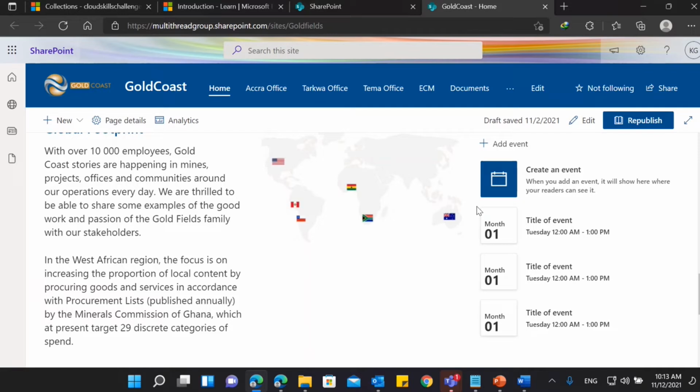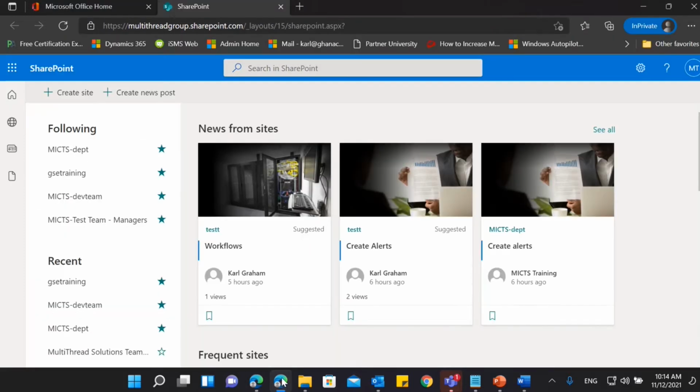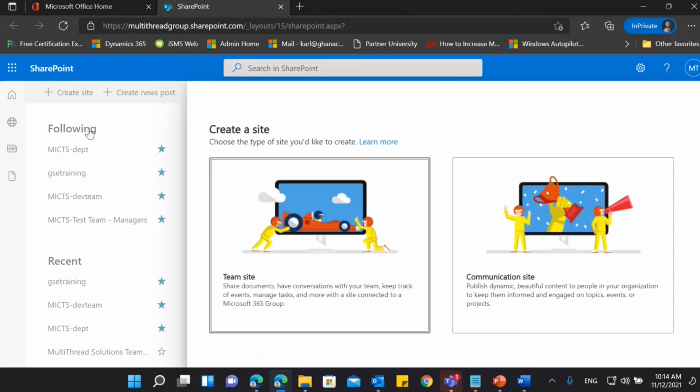But as I said earlier on, you want to look at how an ordinary user will be able to create a site to be able to manage content and also share content. So I'll go back to my original account that I'm using. On my extreme left-hand side, at the top, I see create a site, and then you see create a news post. Because I'm creating a site, I'll click on create site. Okay, so when the site comes up,